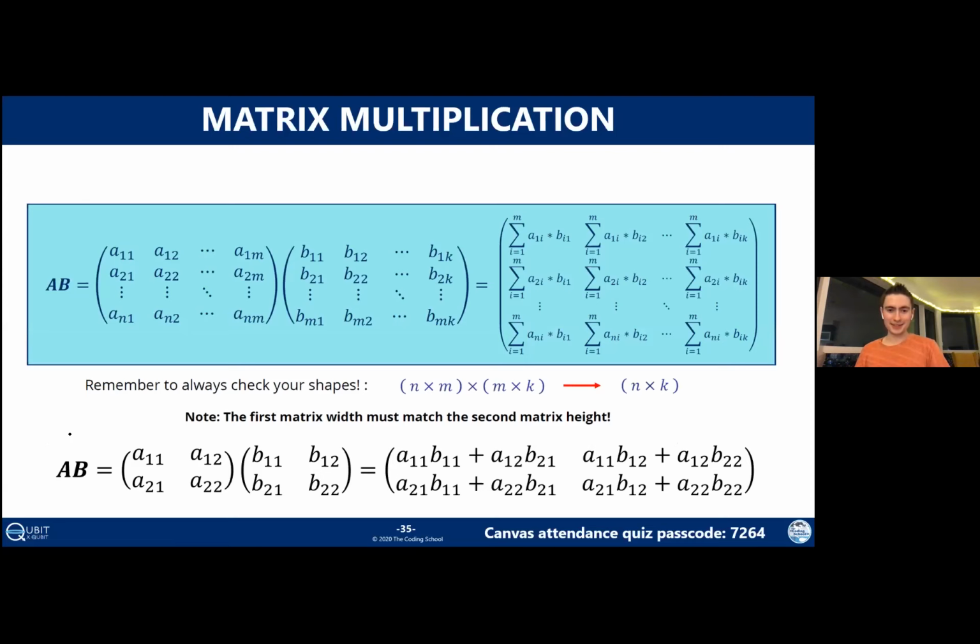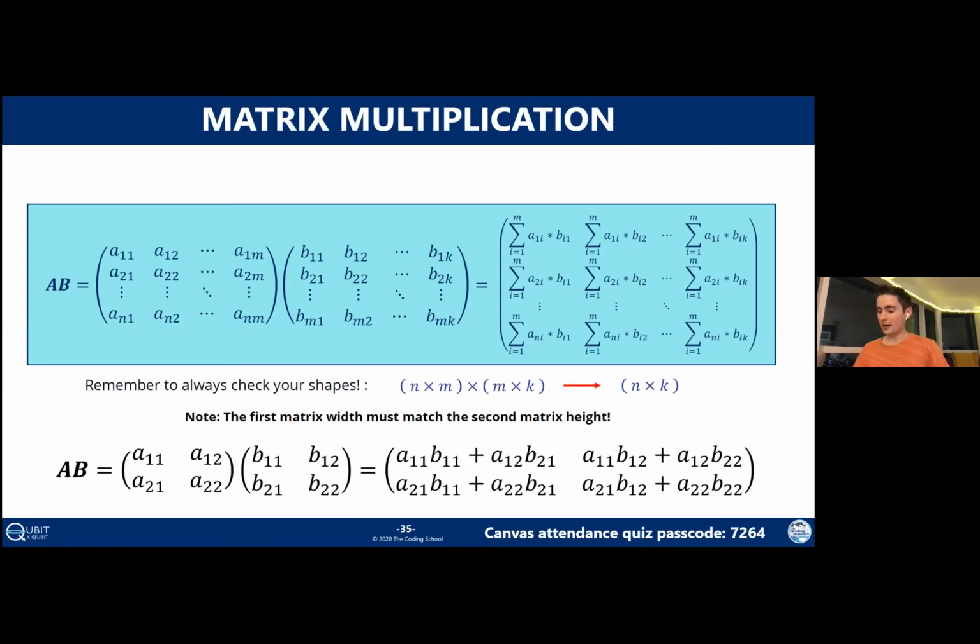So this definitely takes the cake for the most scary looking equation of the entire lab. Now, once again, I will say the only thing you really have to know is the two-dimensional version, which is down here. And that already looks kind of confusing. So we are going to do an example of it in just a moment.